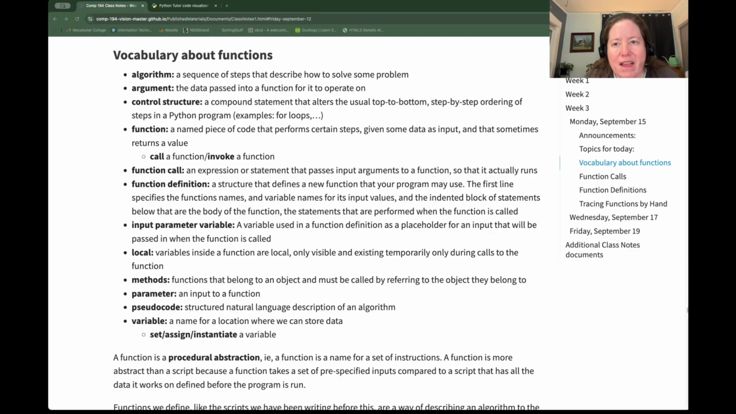All right, so here I have a vocabulary list. This is selected terms that I think relate one way or another to functions and function calls. So an algorithm, we've talked about this before, it's a sequence of steps that describe how to solve some problem. Many times we conceive of algorithms as functions. They are things that take inputs and they produce results of some kind. So one way to imagine your program is that it's a series of algorithms, a series of functions that may